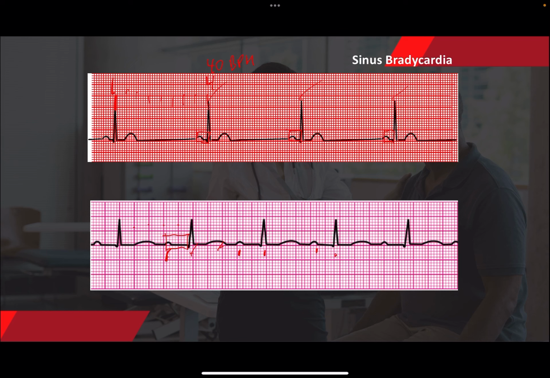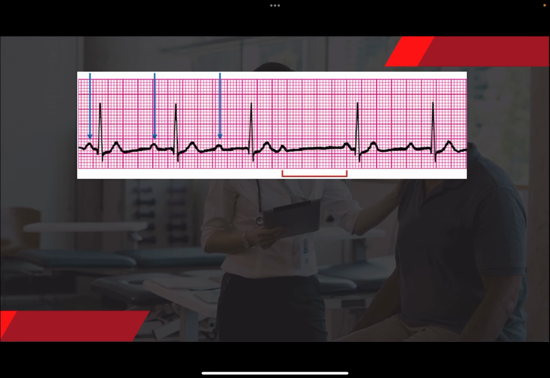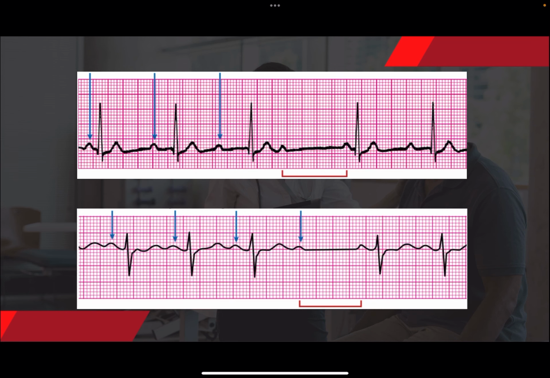So what is the 1? Now, 2 boxes, 2 boxes, 2 boxes, 2 boxes. It's a consistent, regular prolonged delay. So that is your first degree heart block. Okay. Now, the next rhythm,